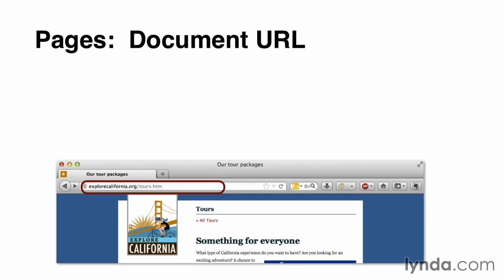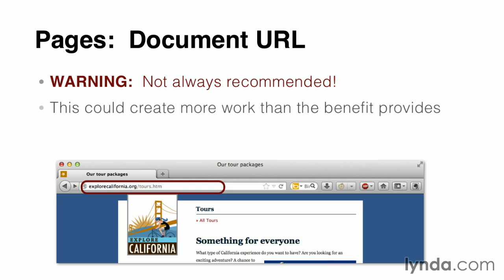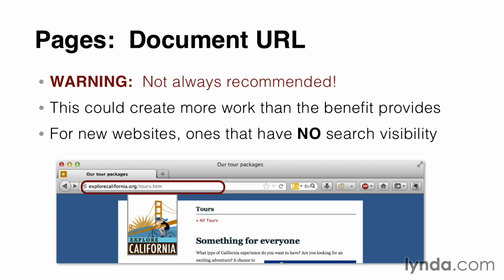Now, a final way that you can optimize your content is by changing the document structure within your website. So, for example, we have explorecalifornia.org/tours. Now, I could change this to hikingtours.htm. However, there's a big warning here. I don't always recommend doing this. The number one reason is that it could create a whole lot more work than the benefit would provide. If your site is already doing well and has search visibility,